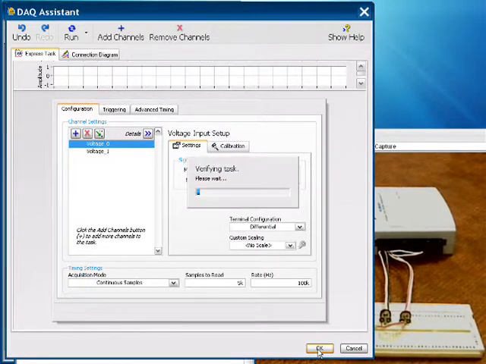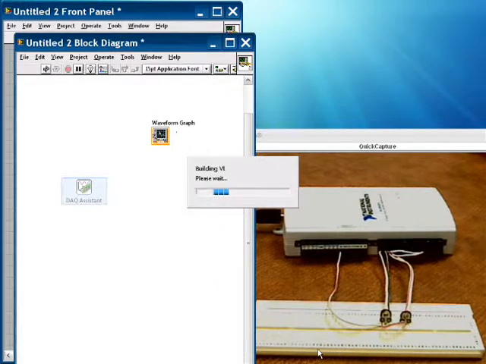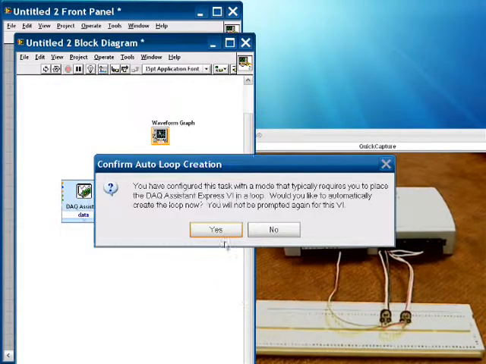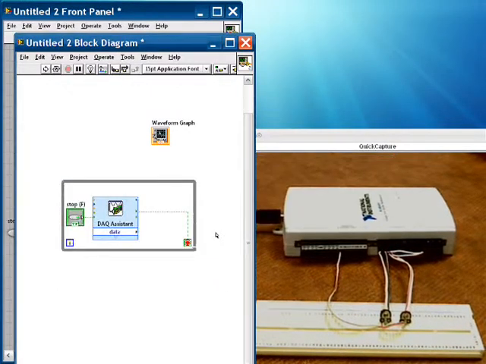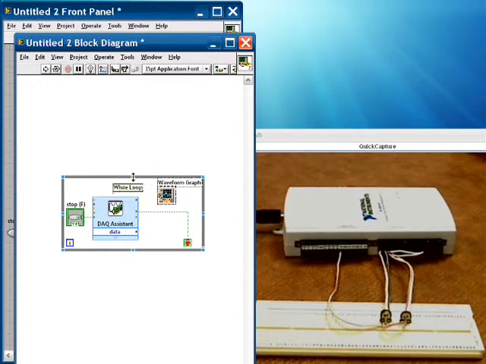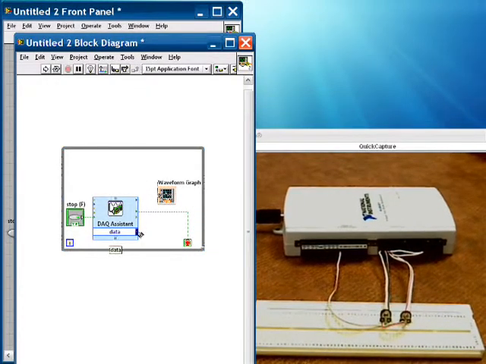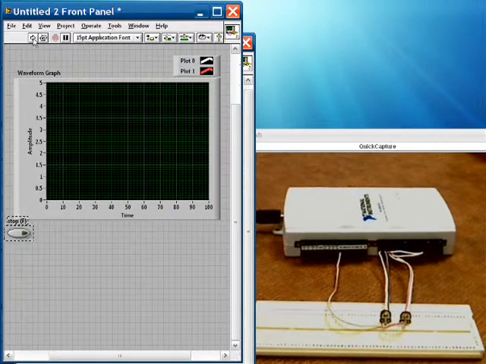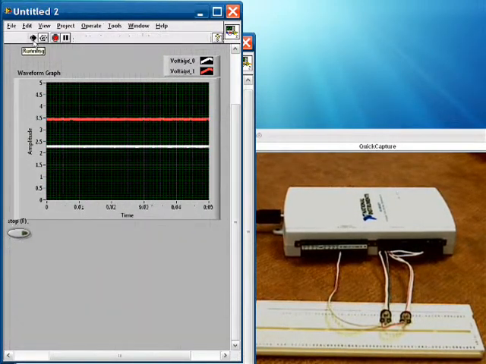So we'll say okay there. This is going to build our function for us on the diagram. And yes, we will put this inside a loop because it's a continuous acquisition and we'll do it over and over again. So the next thing we do is we put our waveform graph inside the loop and we wire this up, and we're pretty much ready to go. We'll go back to the front panel, we'll click the Run button, and now we're acquiring our 2 channels of